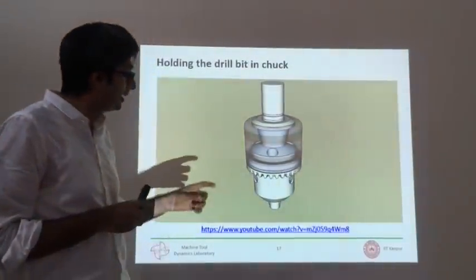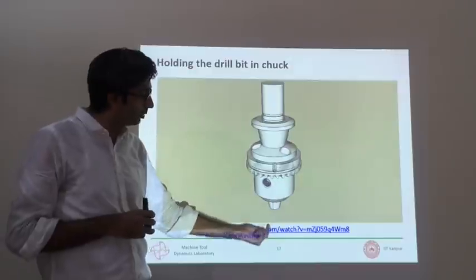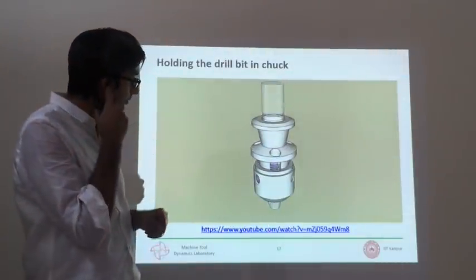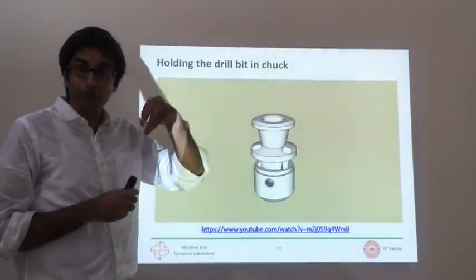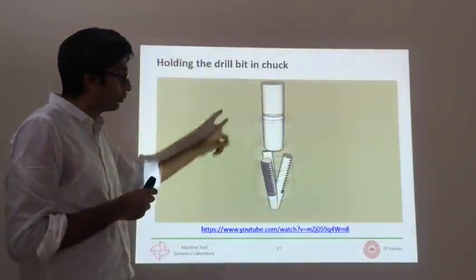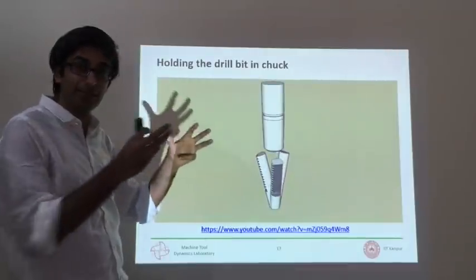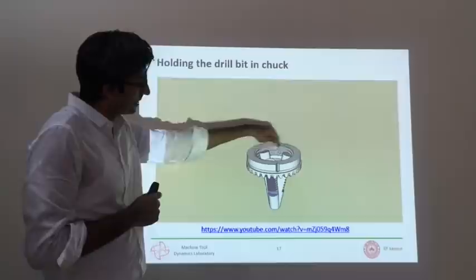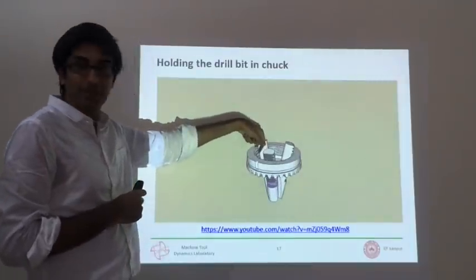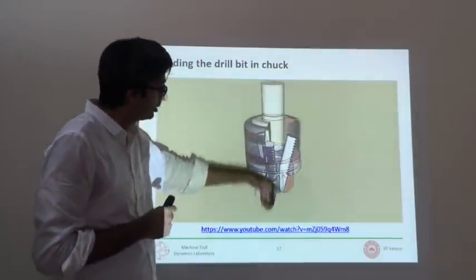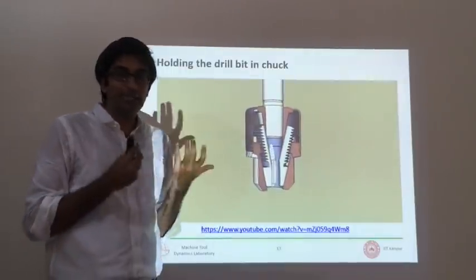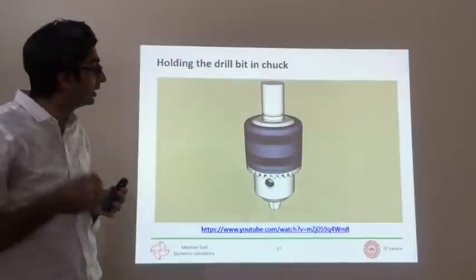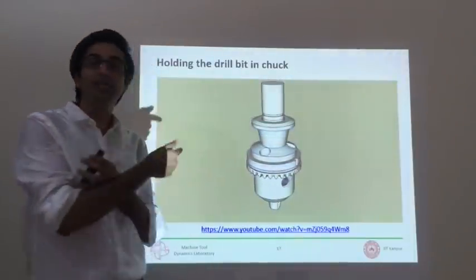Because you will be gripping different tools or different drill bits of different sizes inside this chuck, you want this chuck to be adjustable, and so its working principle is very similar to the 3-jaw chuck. These are also 3 jaws. This is a nut which has grooves inside it. As you rotate that nut, the jaws translate. Very similar to the 3-jaw chuck I showed you earlier, right? But also a really nice mechanism.